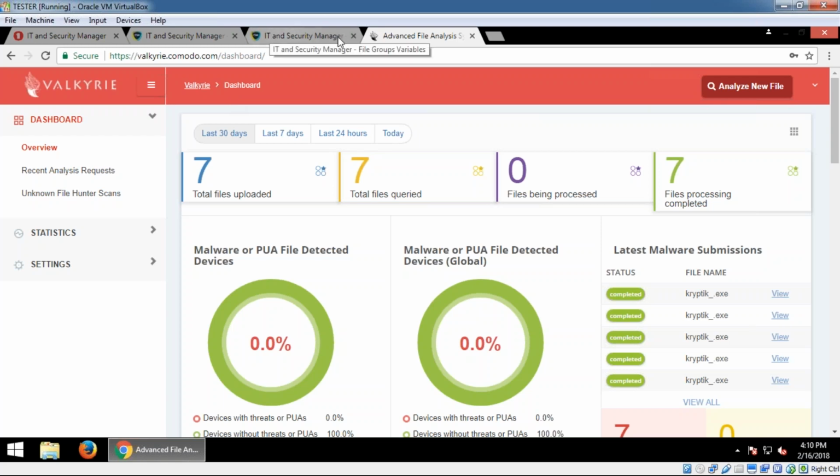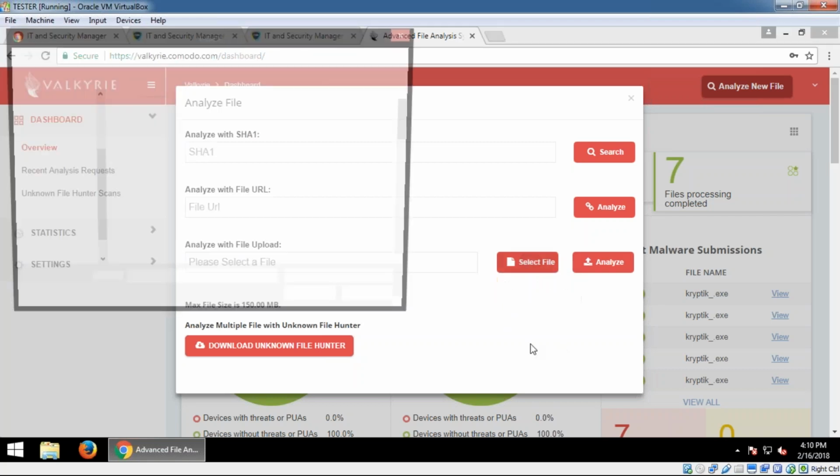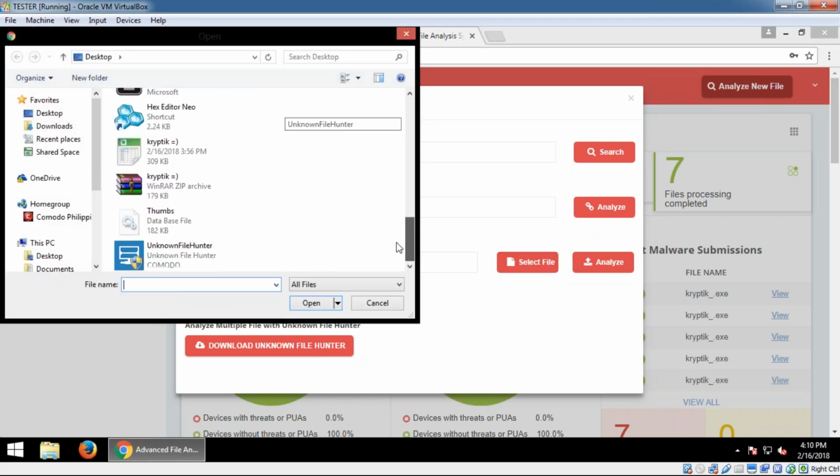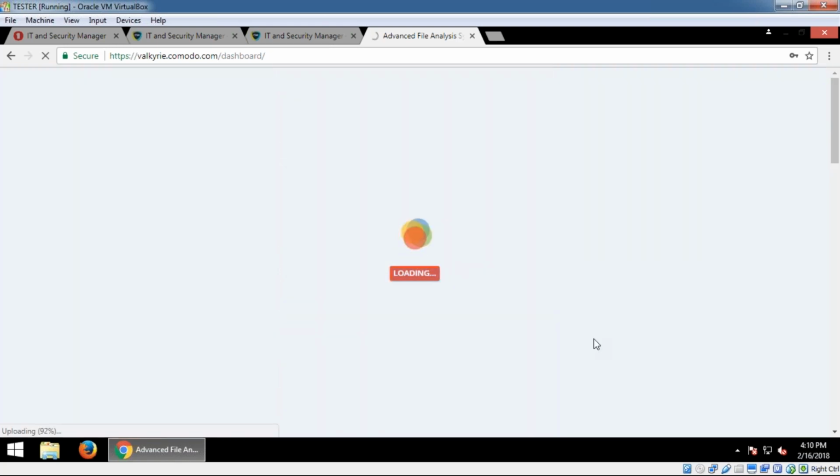So, all right. What I'm gonna do here is I'm going to manually analyze the file. I'm going to manually submit the file to Valkyrie. Okay. So I'm going to click Analyze, select File, and then select the rehashed cryptic. Right. At this point, this is still unknown because I changed the MD5 value and I added some hex values to this file. So if I click Analyze right now,